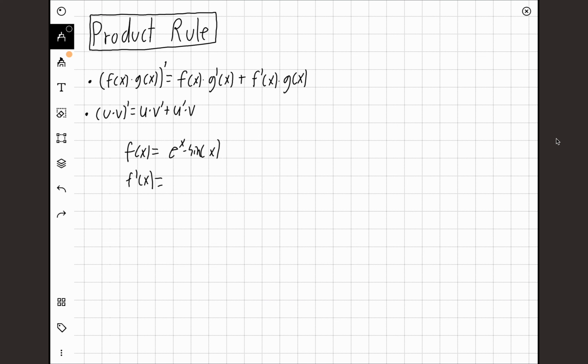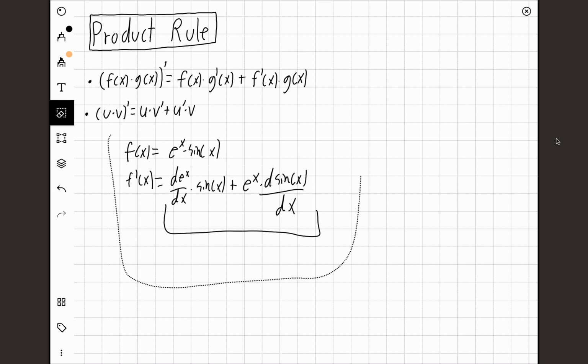No, that is illegal. For some reason, you have to first find the derivative of e to the x times sine of x, and then you add the thing you didn't take the derivative of, times the derivative of the thing you didn't take the derivative of. So d sine of x over dx. This is how you actually apply the product rule, and everyone learns it, but most